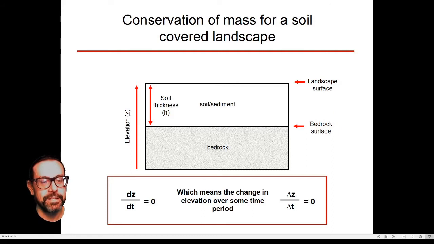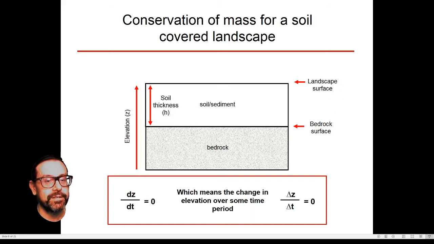The soil has a thickness that we denote H. The elevation of the surface of the landscape we denote with Z. And then between the soil and sediment, there is a bedrock surface. And we need to pay attention to two things when we're thinking about the conservation of mass for a soil-covered